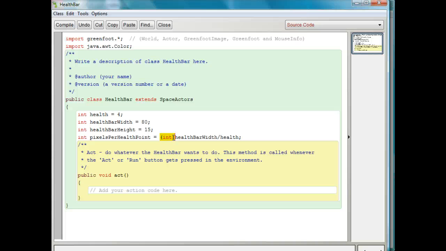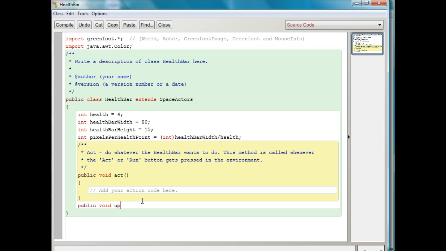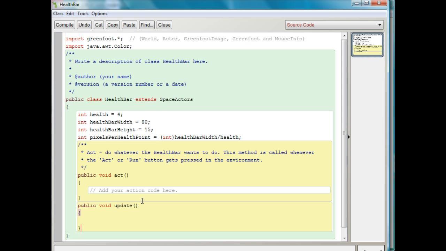Now I'm going to go down and create the method that actually draws the health bar. So I'm going to say public void update. The update method's actually going to draw the health bar. What I'm going to do here, first I have to make a new image. So I'm going to say setImage(new